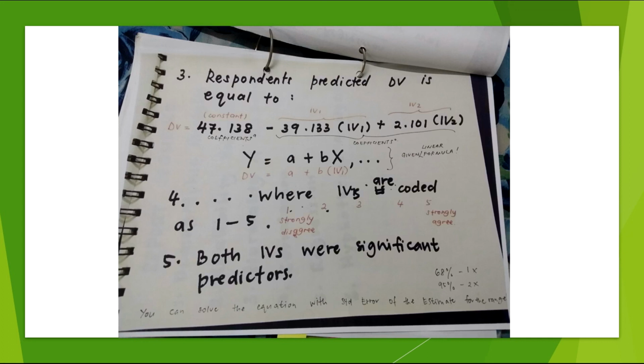This is your continuum, this is your scale. If you have 5 scales, 1 is strongly disagree, 5 is strongly agree, depending on your scale. If you have 6, you have to put 6. If you have 7, you have to put 7, 1 to 7. Since there are only 2 IVs that are significant, you can conclude that both IVs were significant predictors. If there is only one, you write only one IV was a significant predictor, depending on how many factors are significant. So that is how you phrase your regression based on